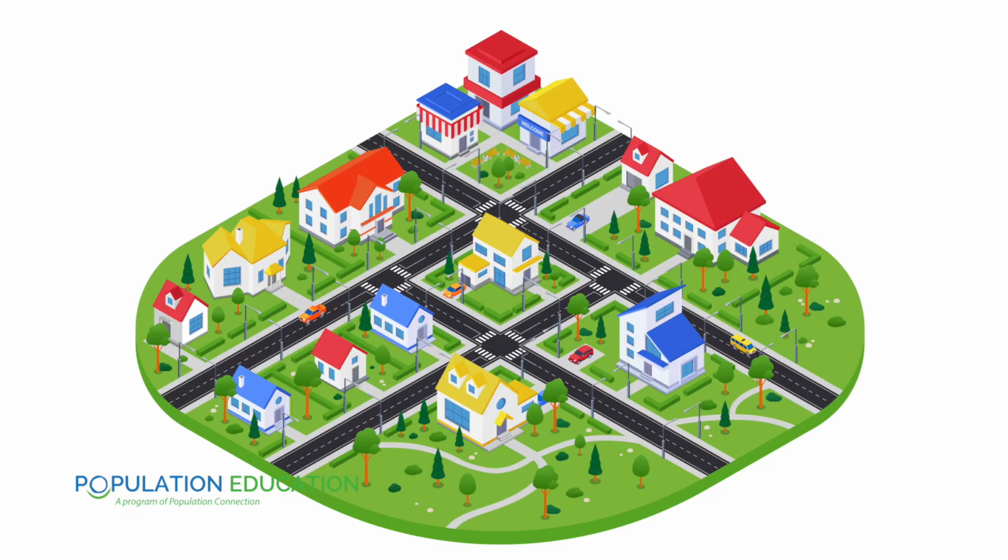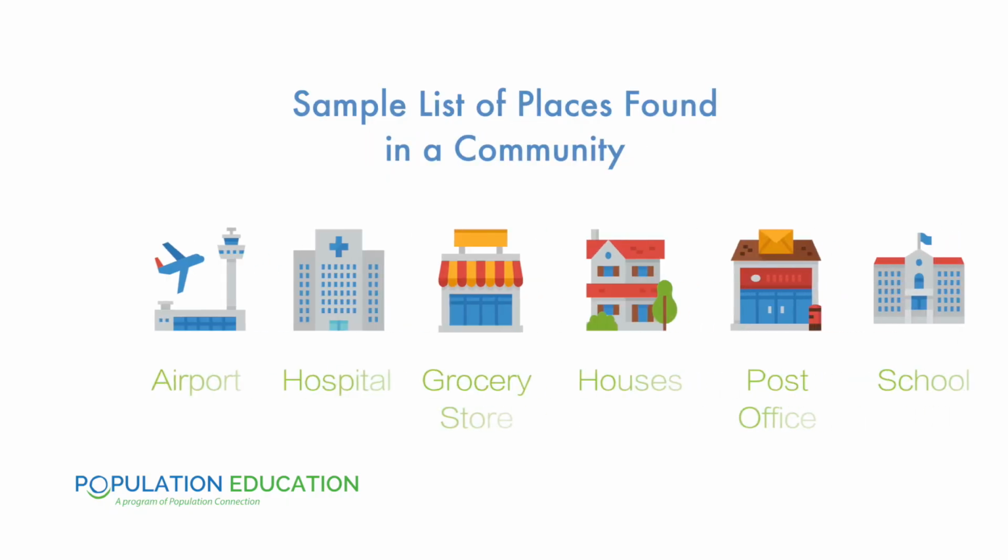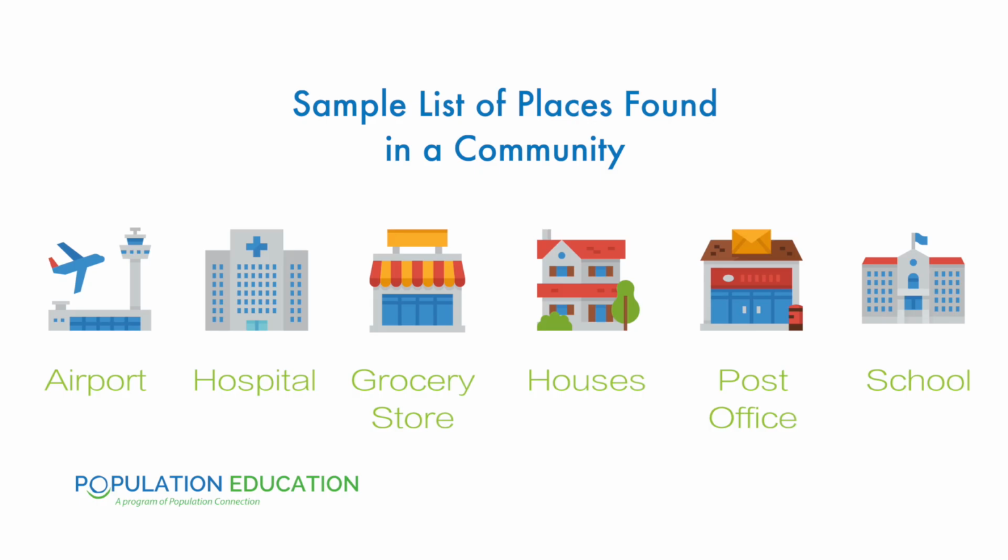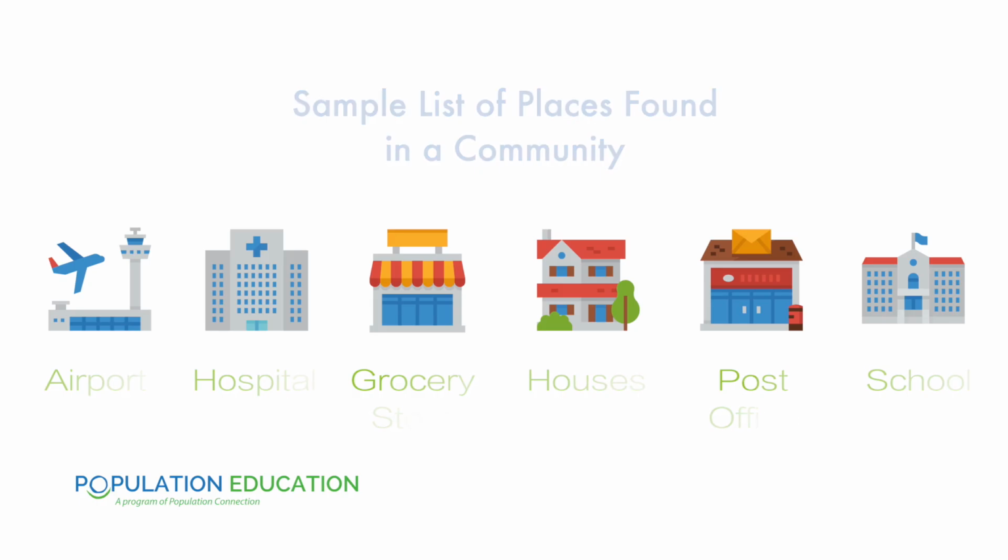We start with the whole class brainstorming a list of places found in your community and discussing who uses those spaces and why each is important. This supports students relating physical structures to the people that use them. You can list students' ideas on the board, and you'll want to keep this list visible for reference throughout the course of the lesson. Then, in small groups, students will build a community together.